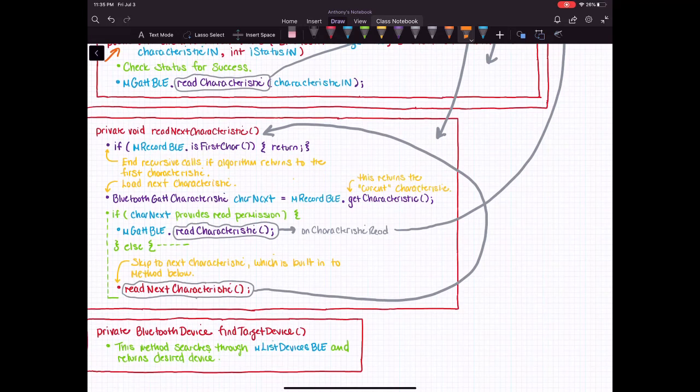First, if this is the first characteristic, then it returns a null. The reason for that is because read next characteristic will never be called on the first characteristic. That's done initially. So if we come back to our first characteristic, that essentially means that we're done. Now, if that's not the case, then we move down here, and we essentially get the next